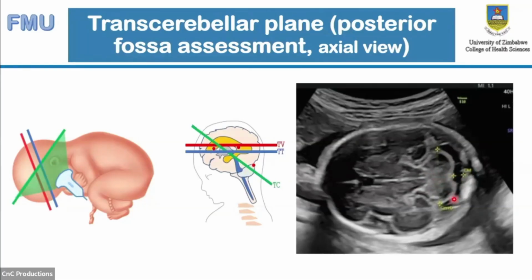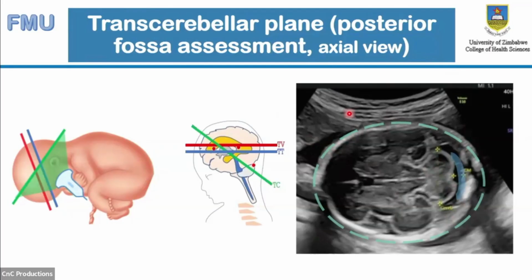Then we also assess the cerebellum. The cerebellum should be butterfly shaped. In cases of spina bifida or Arnold Chiari, it is pulled back because of the meningocele within the spine, and it will obliterate the cisterna magna, and it will become banana shaped. In the front, the shape of the head will also appear lemon shaped, like I showed you